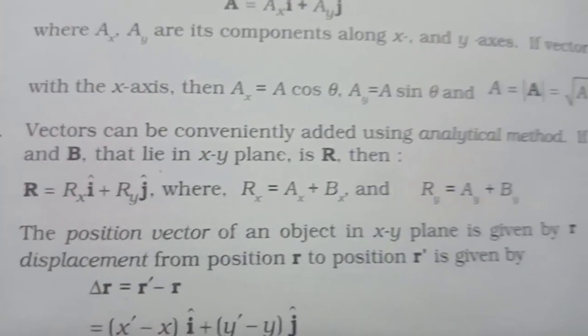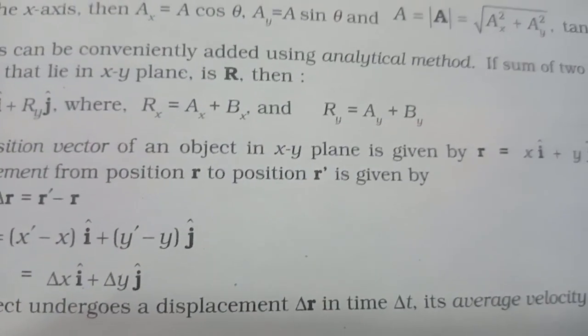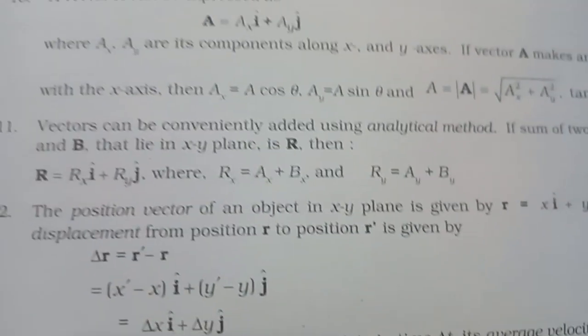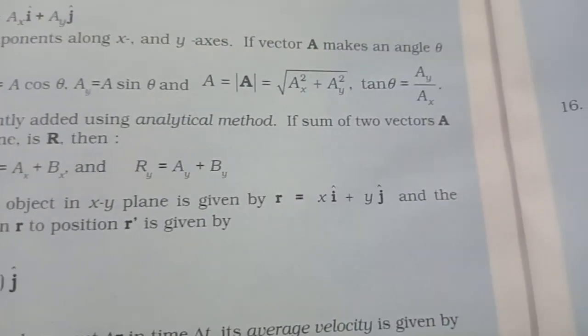If sum of the two vectors A and B that lie in xy plane is R, then R is equal to Rx i cap plus Ry j cap, where Rx is equal to Ax plus Bx and Ry is equal to Ay plus By. The position vector of an object in xy plane is given by r is equal to